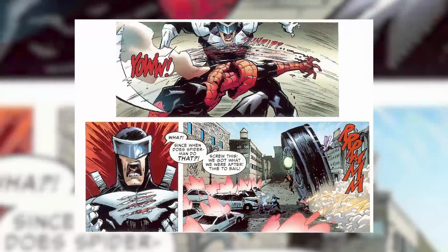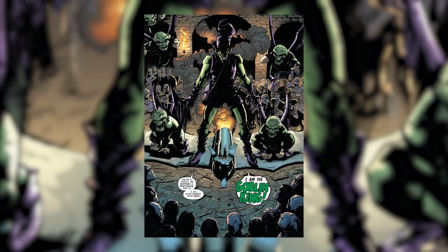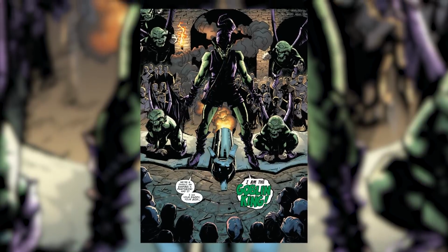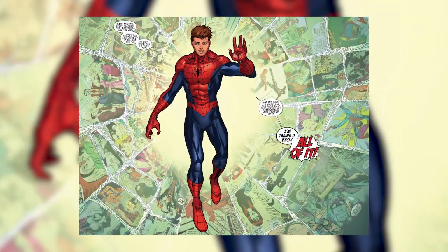Otto did all he could, but his violent ways of punishing criminals quickly drew ire from everyone around. And while he thought he was doing good, in reality he was depriving people of their freedom and allowing some people to get away, eventually forming an army out for revenge. Led by the Green Goblin, the army attacked and Otto realized his mistakes. When it was revealed that Peter's consciousness still existed within his body, Otto sacrificed himself, allowing Peter to be the